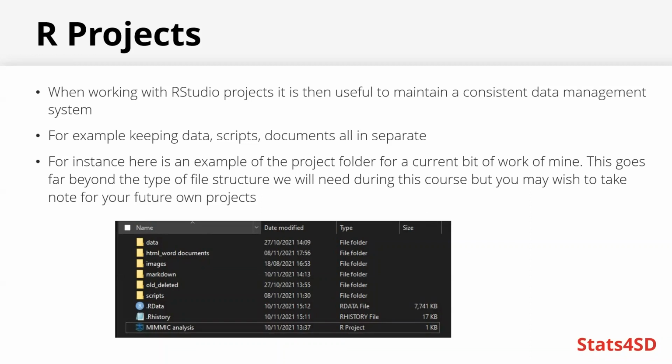And then there were scripts as well, which is similar to Markdown, but scripts is the more traditional R format for files that contain all of your code, but they don't create the same level of output that a Markdown